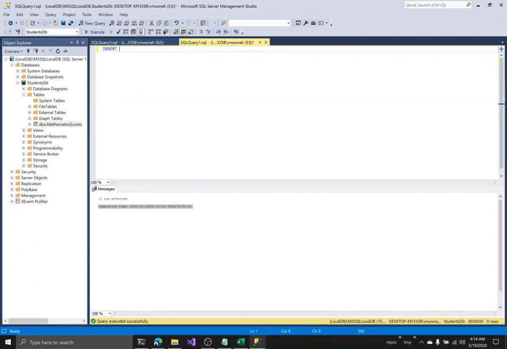So I'll say insert into mathematics course. And once again, we need to tell it what fields we want to insert into. So the fields we want to insert into are the ID field, the first name field, the last name field, and lastly the score field. And I need to tell it what values I want to insert. And for values, I say